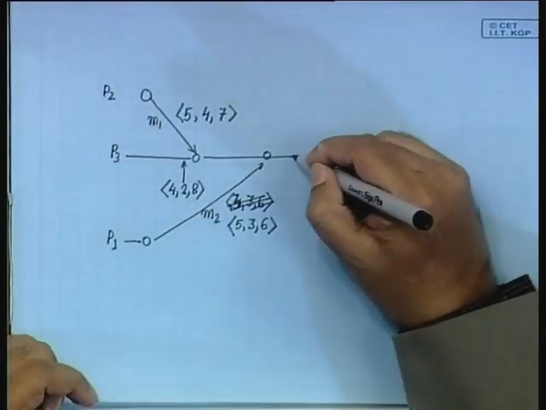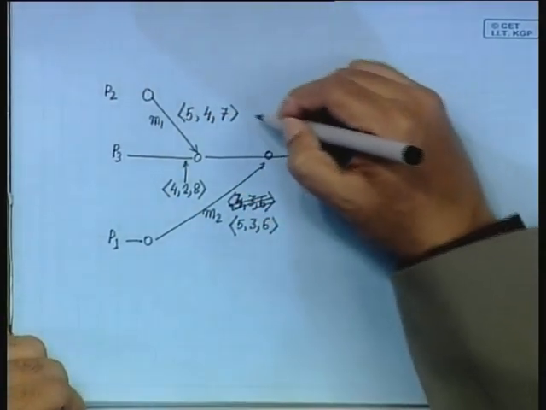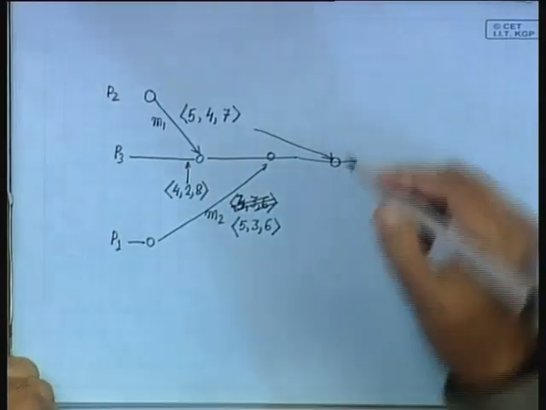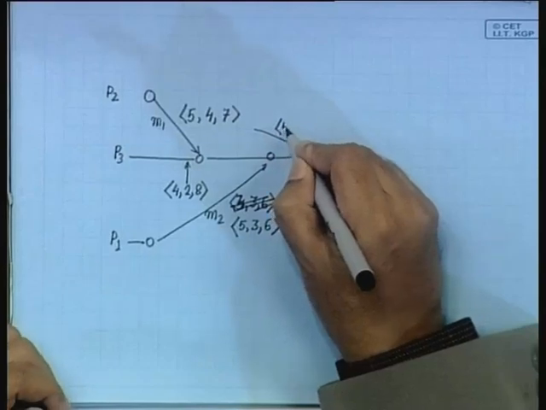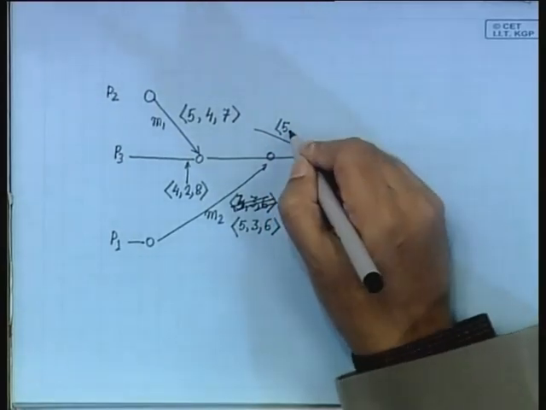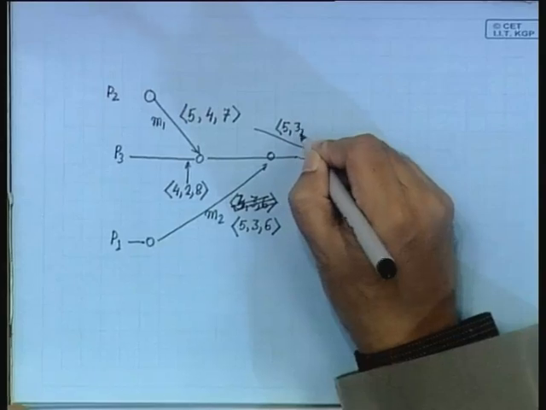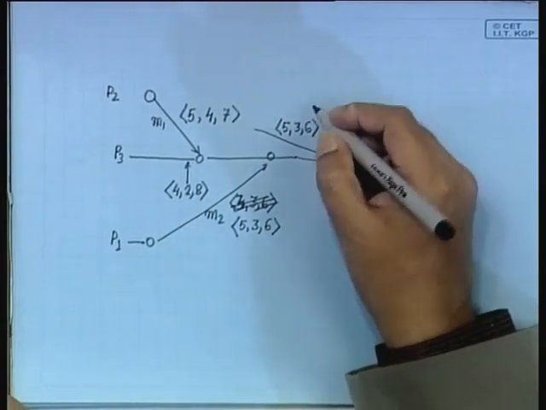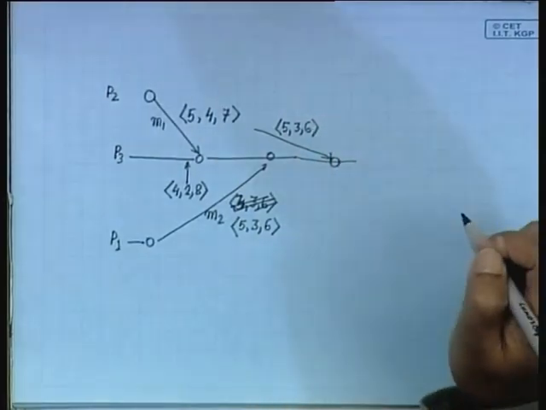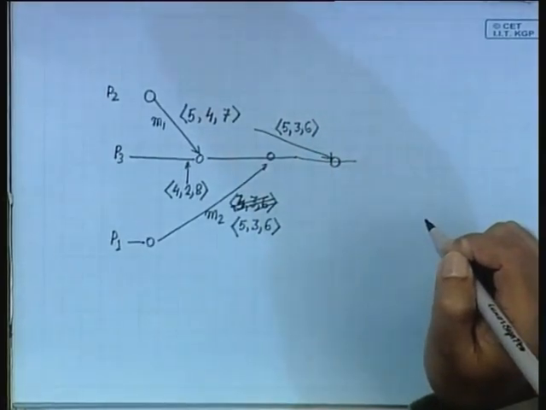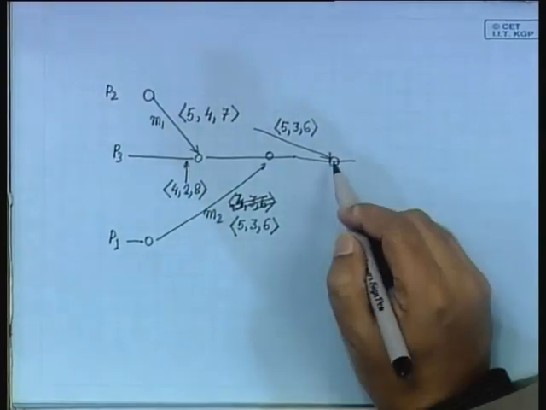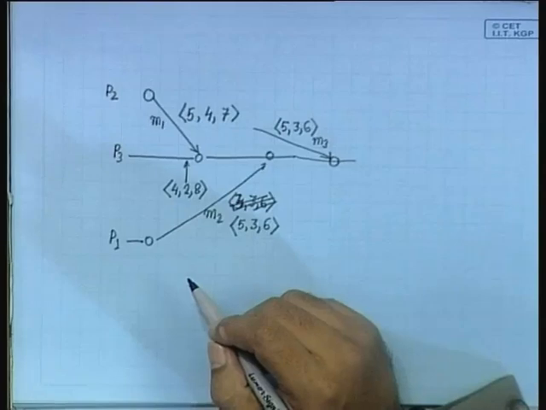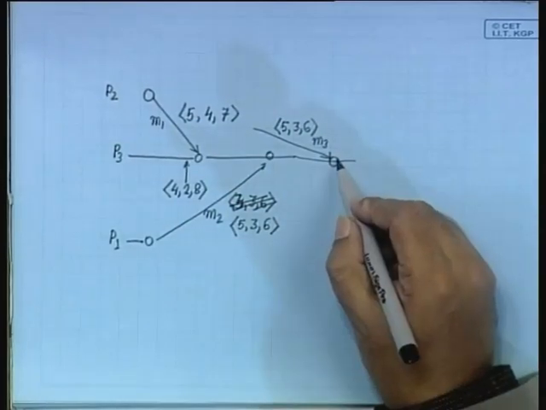Now, suppose from P2 you get a message which has 5, 3, 6. Sorry, 5, 3, 6, yeah, that is right. Now, what are you going to do? This is M3. Now we will deliver this one,